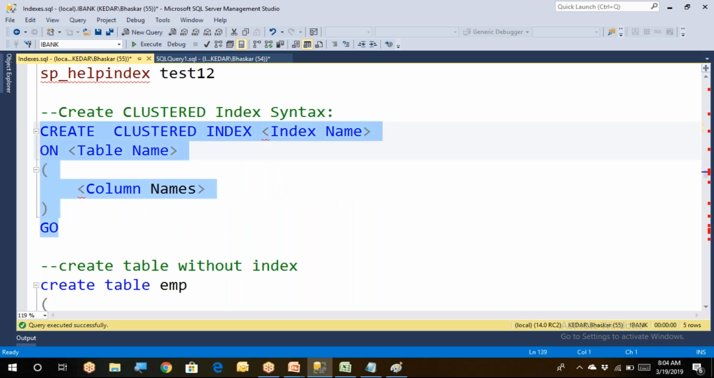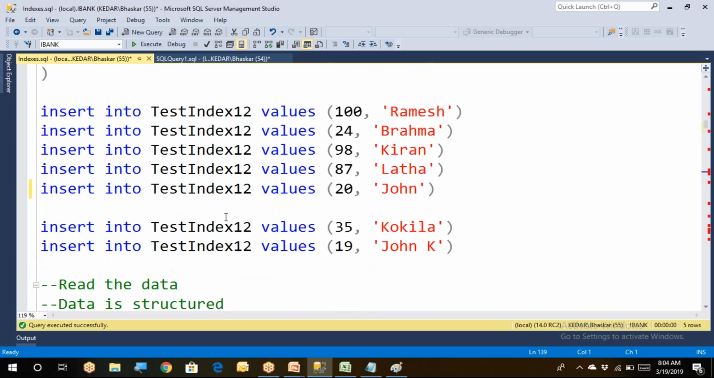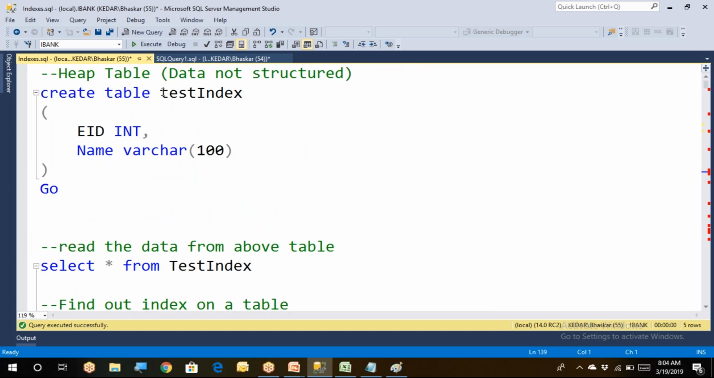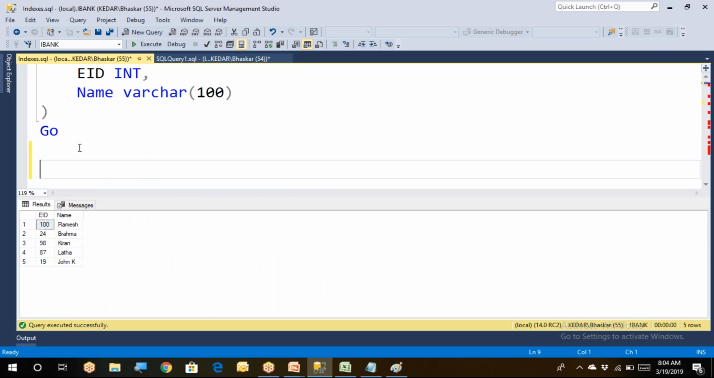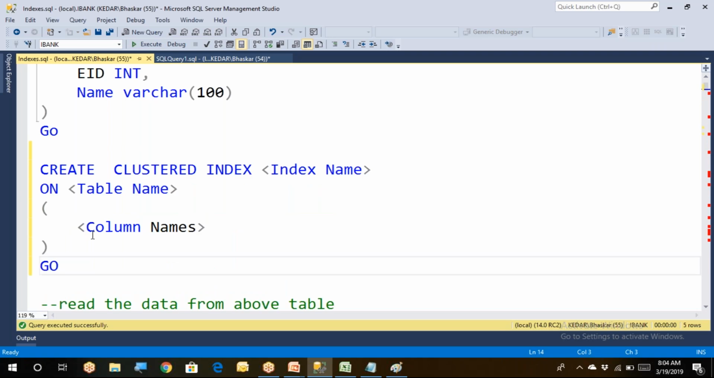Let me take the same syntax here and go up and create. Now I'm going here. Go to the top. This table does not have an index. Let me show you the data once again. See, the data is not sorted. Now what I'm going to do is create